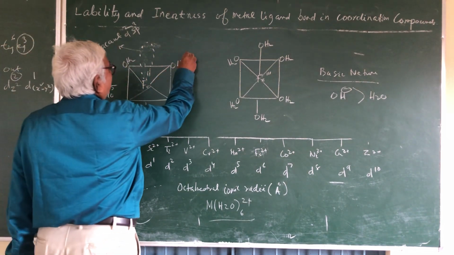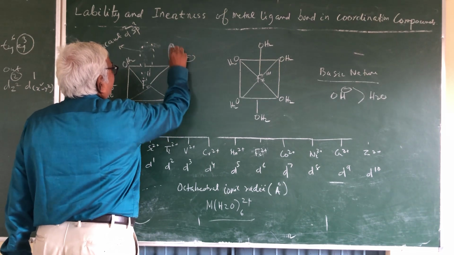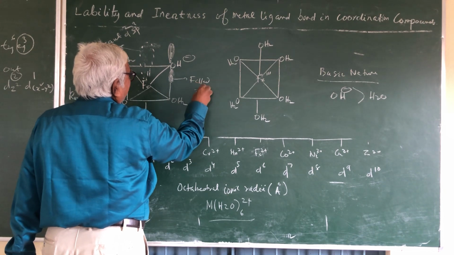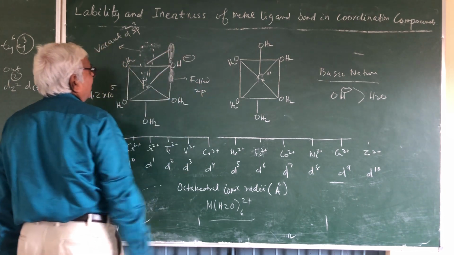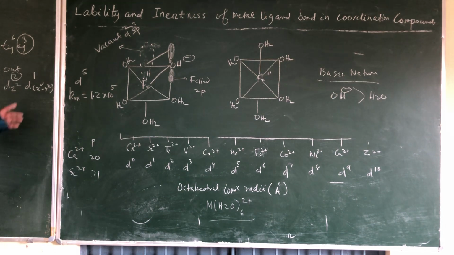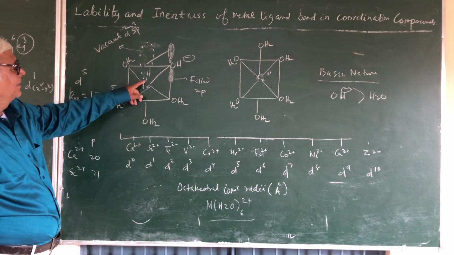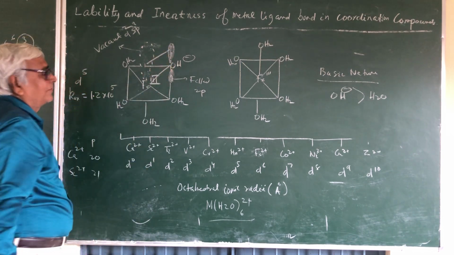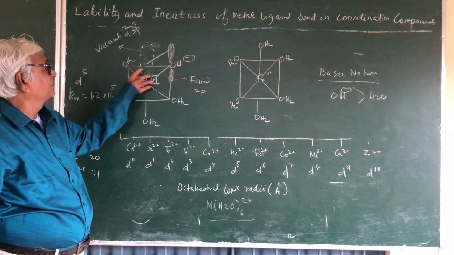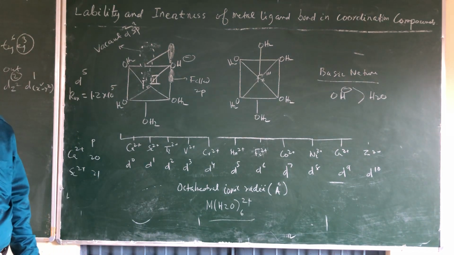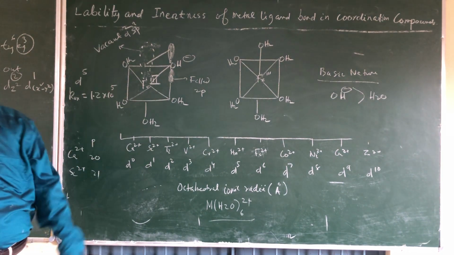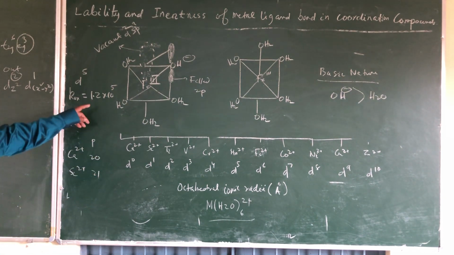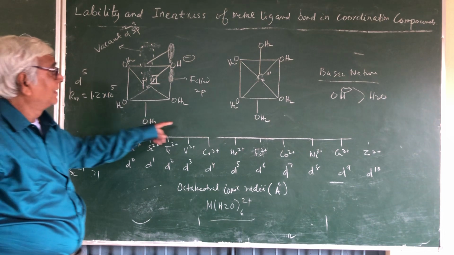The vacant d2sp3 orbital of iron(III) can form pi bonding with the filled 2p orbital of oxygen. Therefore, the intermediate will be stabilized, and the complex will easily form the intermediate. Therefore, lability will increase. Here the rate constant is 1.2 into 10 power 5, and here the rate constant